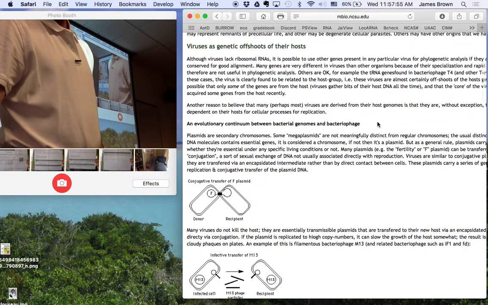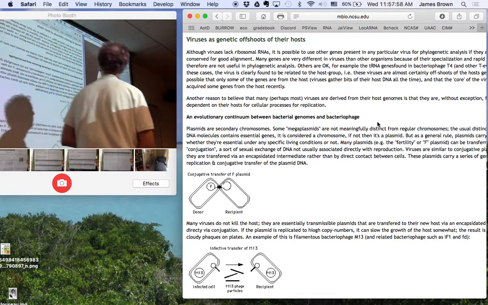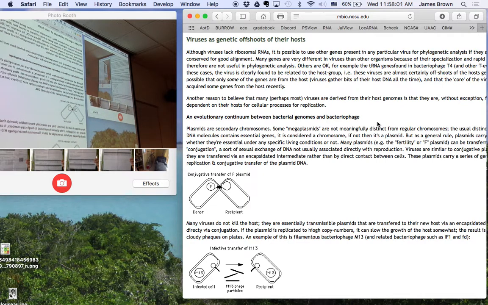So one of the notions is that viruses, or some kinds of viruses, might be evolutionary offshoots of their hosts. And so one way people study where an unusual group of organisms comes from is to create an evolutionary series. So if, for example, you're baffled by the fact that manta rays are the way they are, you might ask yourself, okay, how could this thing evolve? And then you take a mundane fish, maybe a cartilaginous fish like a shark, and you imagine the evolutionary steps step by step to make a manta ray.